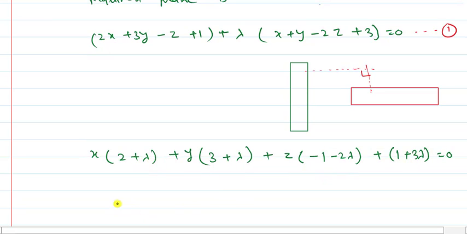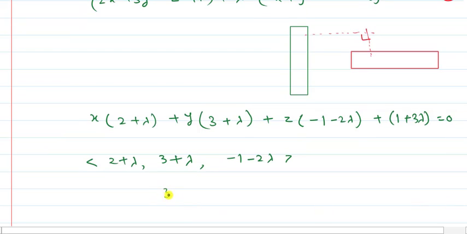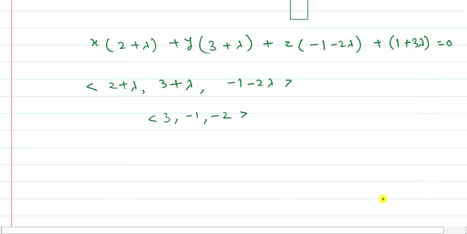Clearly, the DRs of the normal of this plane are 2 plus lambda, 3 plus lambda, minus 1 minus 2 lambda. And now let us find the DRs of the normal of the given plane. These are clearly 3, minus 1 and minus 2. You need to write over here the DRs of the normal of the required plane, and here we'll write the DRs of the normal of the given plane. Now as the planes are perpendicular to each other, therefore the dot product of these DRs will be 0,